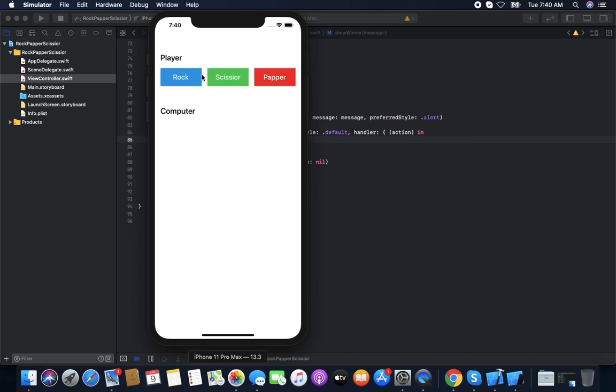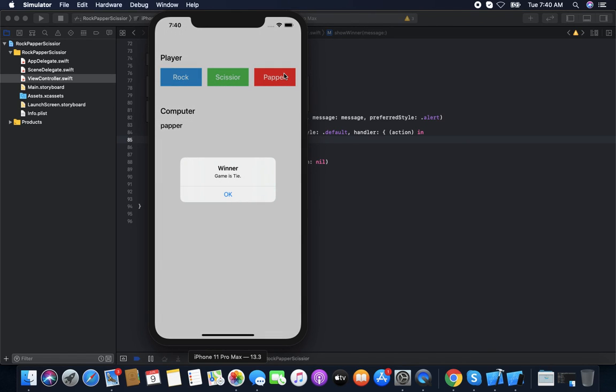Again, if a player selects scissor, computer select paper, so we know scissor can cut the paper, so player won. Same again, player select scissor, computer select scissor, the game tie. If player select scissor, computer select rock, so rock can break the scissor, so computer won. Now in case of paper, if player select paper, computer select scissor, so scissor can cut the paper, so computer won.